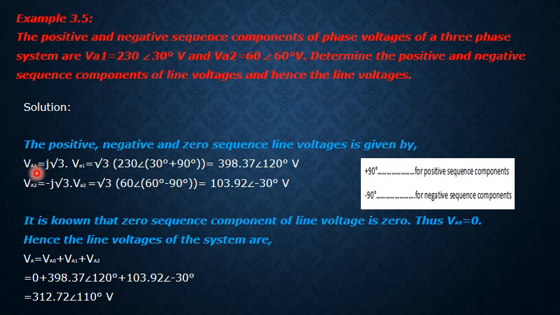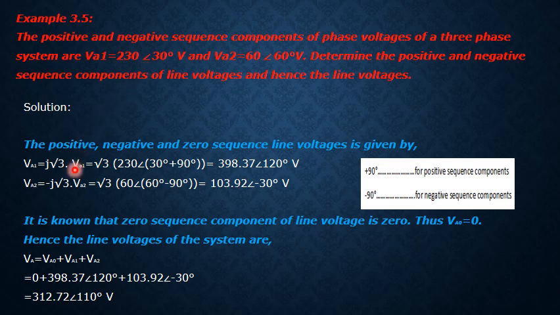So similarly we are going to consider that. First convert all the line voltages in terms of phase voltages. Va1 represents what? The line voltage for the positive sequence, which is equal to root 3 times of the V small a1. So small a1 is nothing but the phase voltage of the positive sequence component. The phase voltage of the positive sequence component is already given in our problem statement.